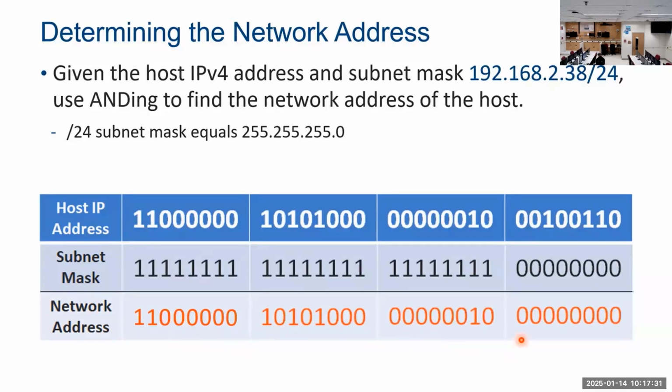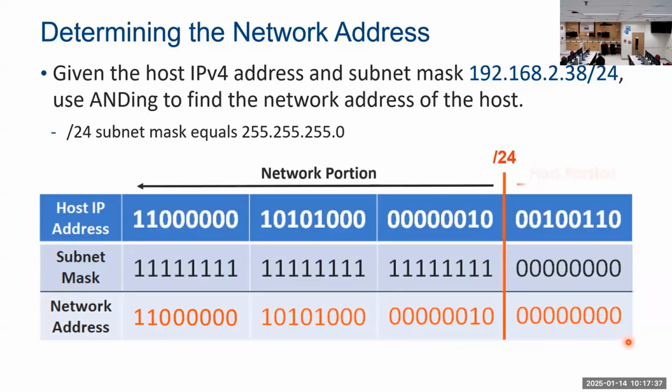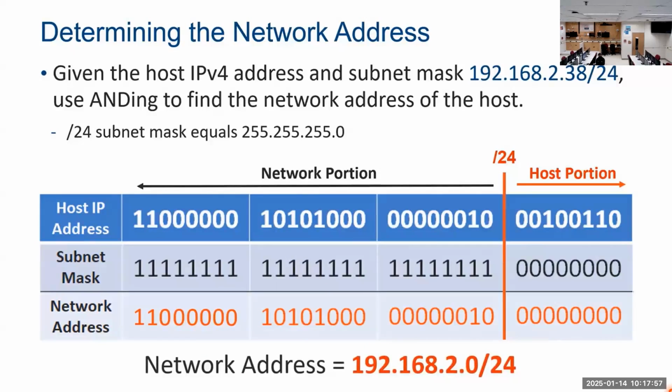Notice that the last octet is all binary zeros. Because we are using a /24 subnet mask, the first 3 octets represent the network portion and the last octet is the host portion. Network addresses will always have binary zeros in their entire host portion, however long it is. In this case, the last 8 bits. If we convert to dotted decimal, we can see that this host belongs to the network